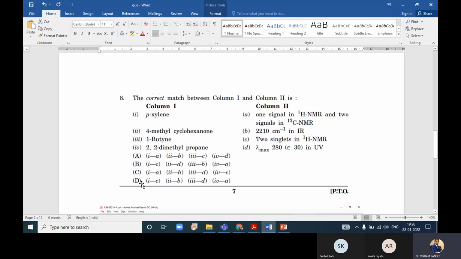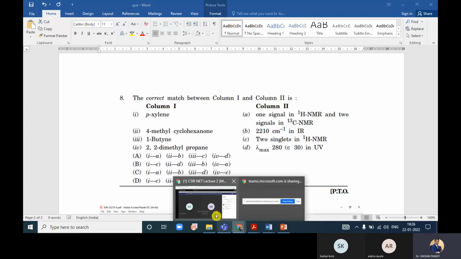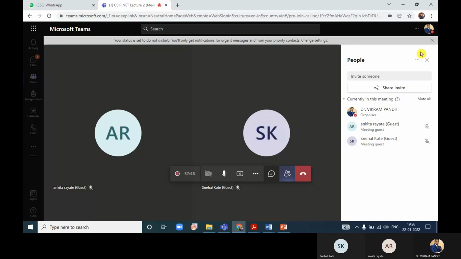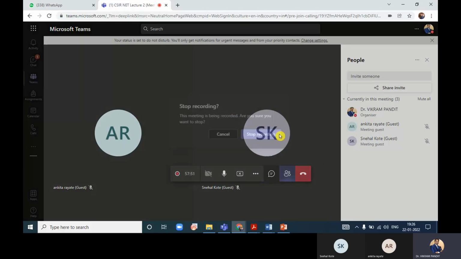Okay, so similarly, even if you don't know anything about UV, or anything about IR, it will still be very easy to predict such a compound. Butane is there. Butane is nothing but an alkyne, so that will give you this type of signal, and you will see that option B is the correct answer. Okay, so this type of question they are asking every time. Give the number of signals present in H1 NMR or in C13